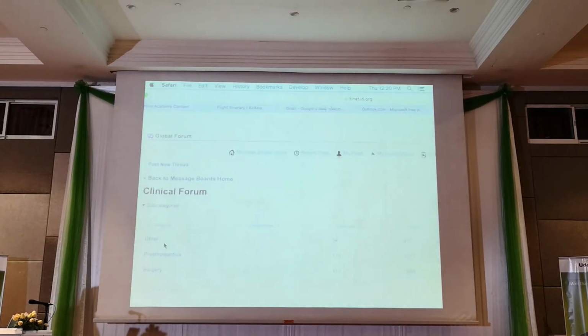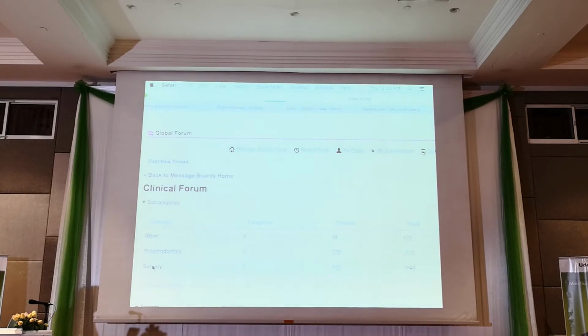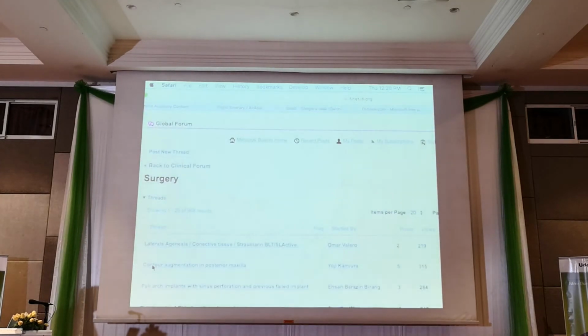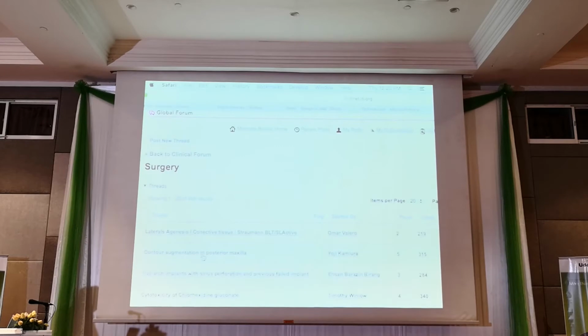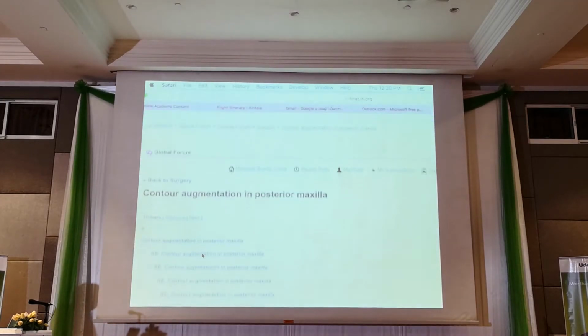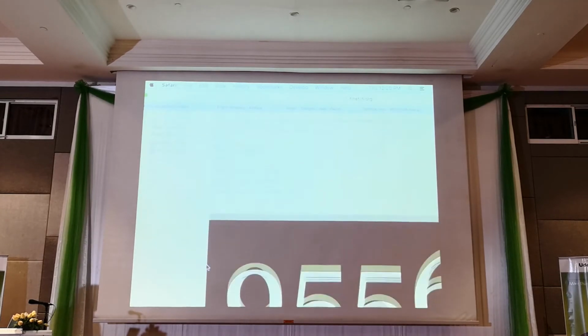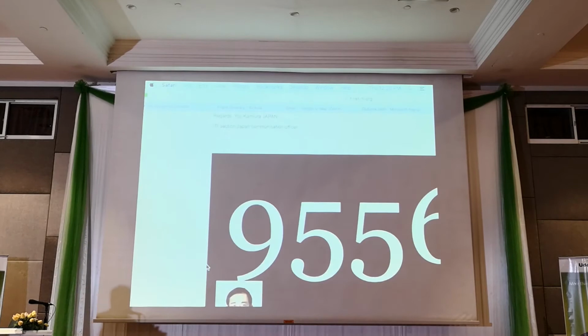Okay, I'm trying here. So let's say if there is a clinical forum and you want to check what's on the blog right now. If you are keen to look at surgeries, what are the active blog threads that are showing? One guy's title is contour augmentation in the posterior maxilla. So you click onto that, and then these are all the 315 views and discussions out there that's talking about